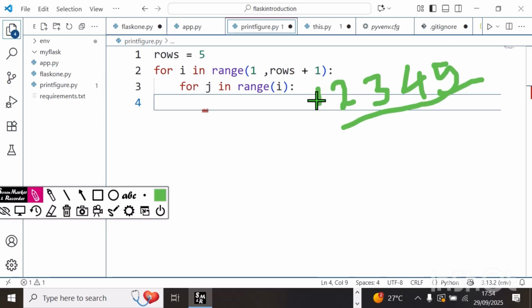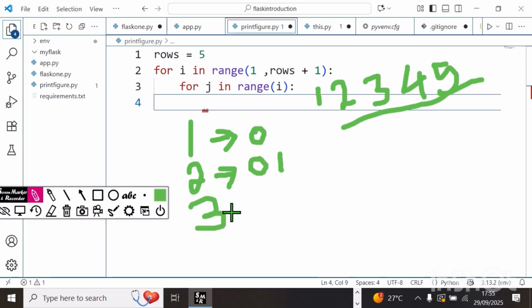So the range of 1 would be 0, and the range of 2 would be 0, 1, because range begins from 0 and does not include that number. So the range of 3 would be